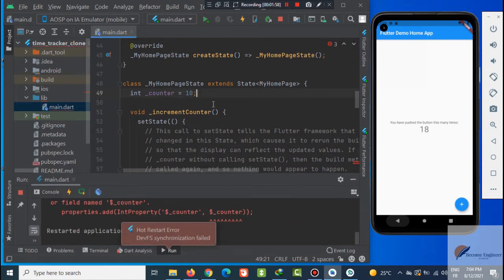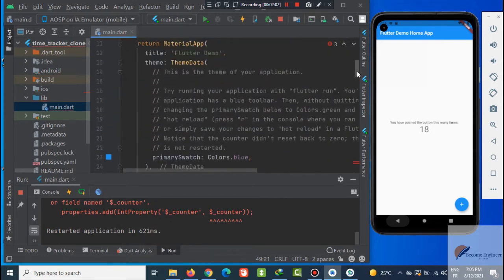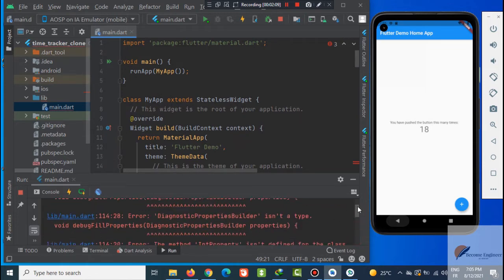Here I have some error. I think I clicked a button or something like that.